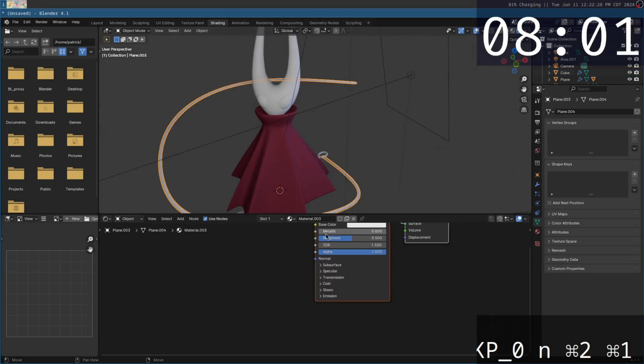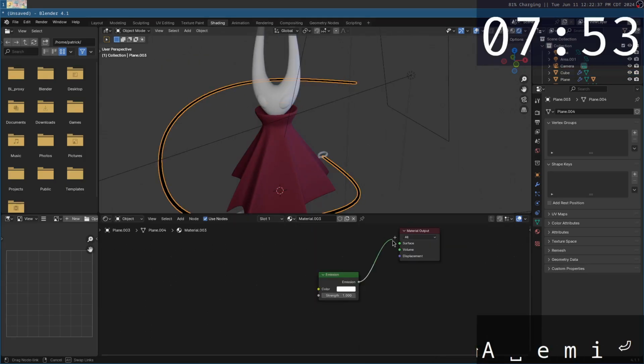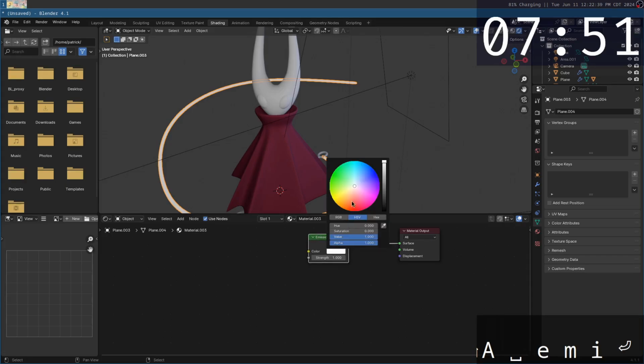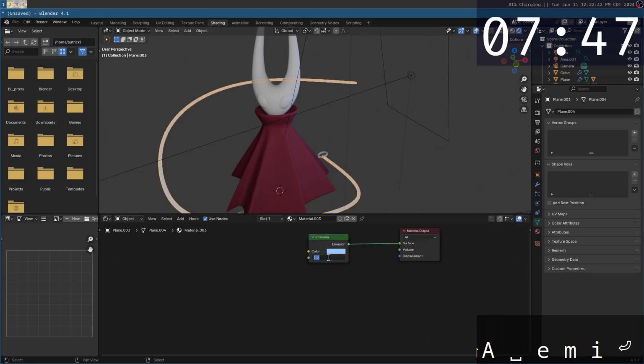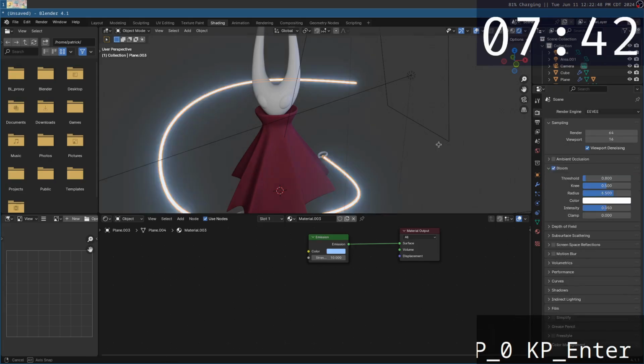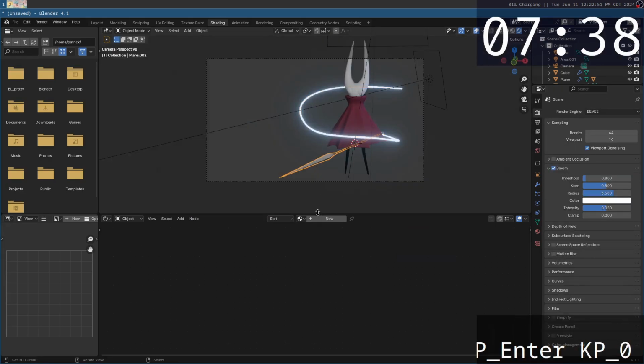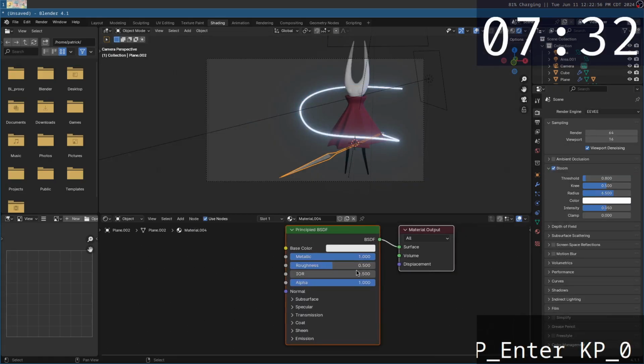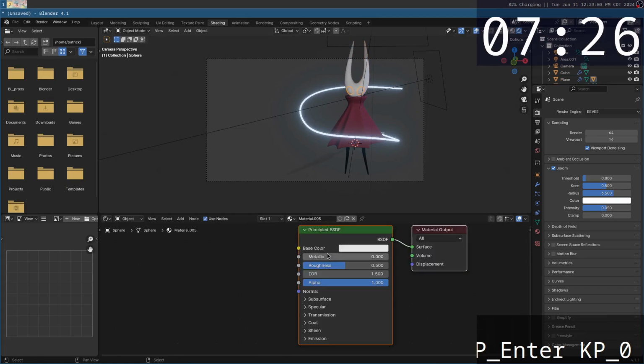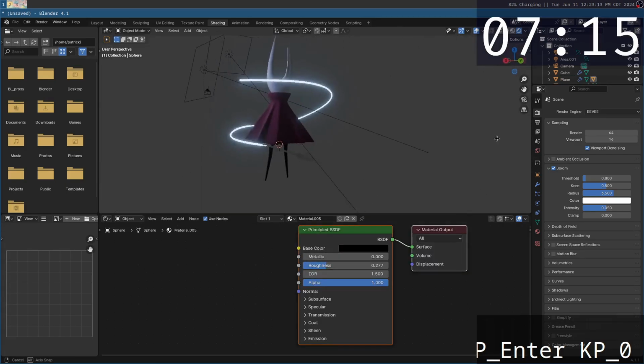Now the string will be an emission shader, and we want to give it just the slightest blue tint, I think is what it looks like to me. The strength of like 10, because we'll turn bloom on. Ta-da! How's that for visual interest? Now this is just metallic with low roughness. The eyes should be black but shiny. And I mean, yeah, that's pretty much